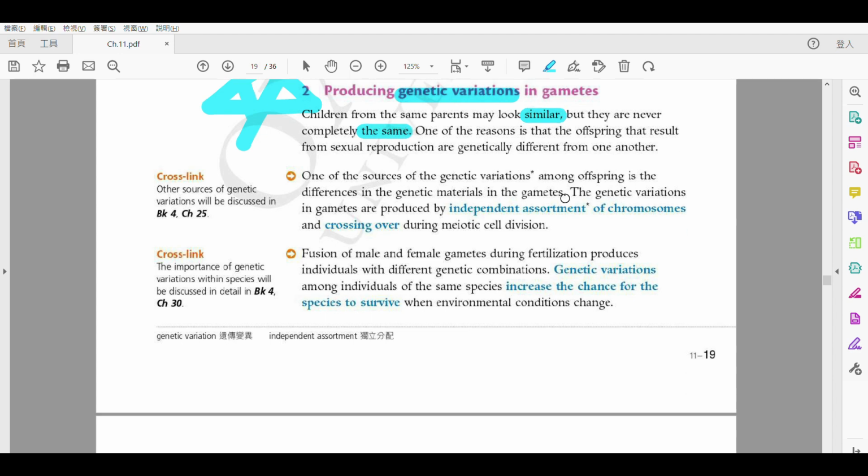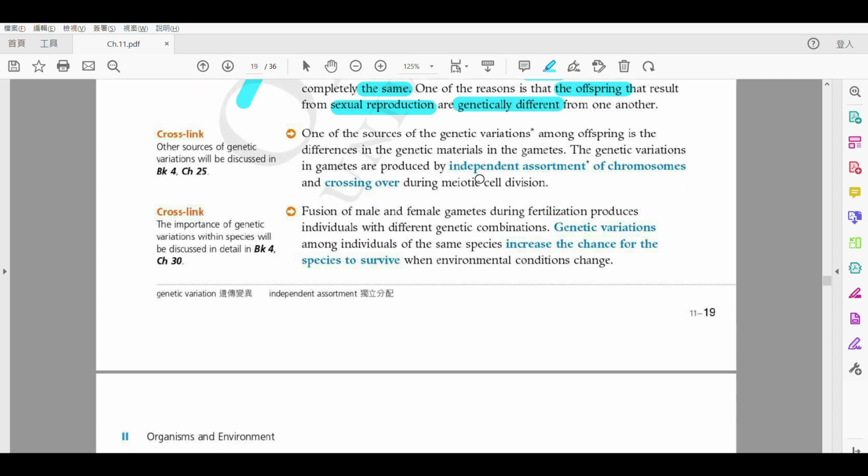Okay, what's the reason? Because they produce... the offspring that results from sexual reproduction, they are genetically different. 佢哋基因上係唔一樣嘅。So you and your sister and your brother, they are genetically different, 得唔得？即使係大家都係 gametes, they are genetically different, so you look similar but not the same. Of course, you also look similar but not the same to your father and mother, 得唔得？你同你阿爸阿媽都唔會一模一樣嘅。